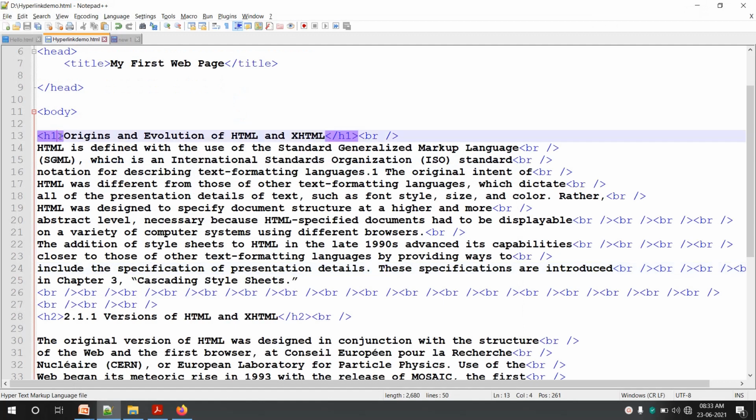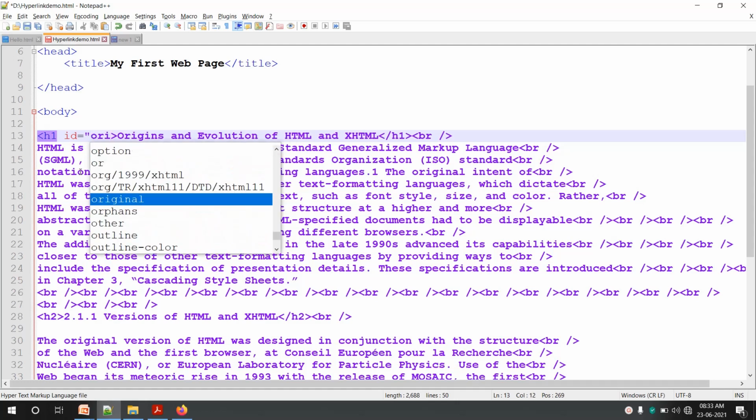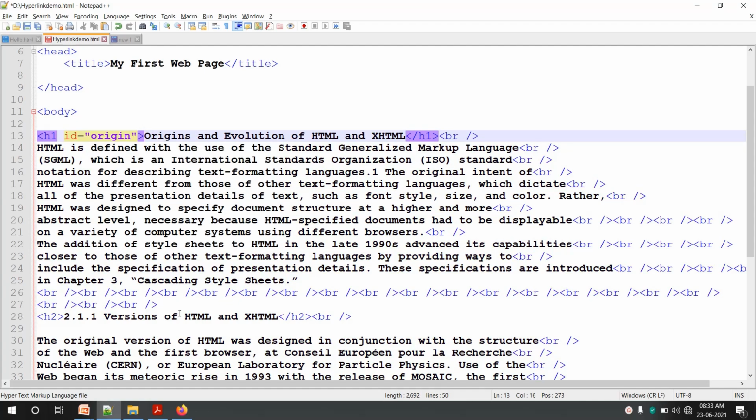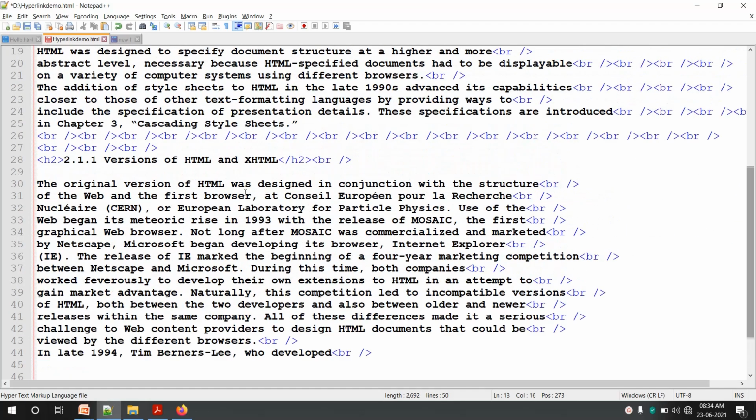First thing, you need to mark the parts by using ID. So I will use H1 here, ID equals, give some ID to it. I will say ID as origin. Then the second part, as I have said, is version.